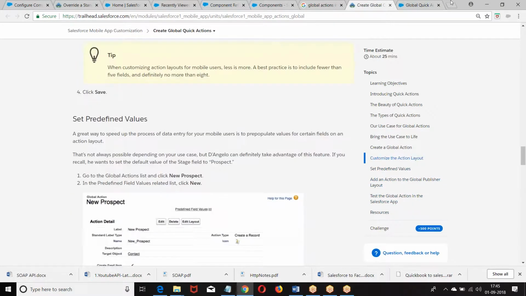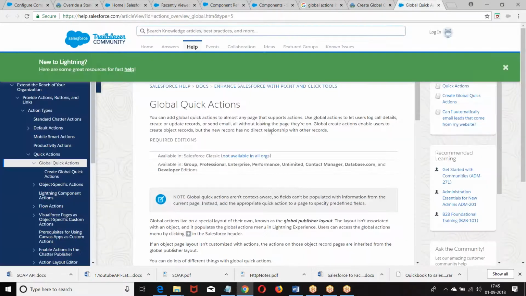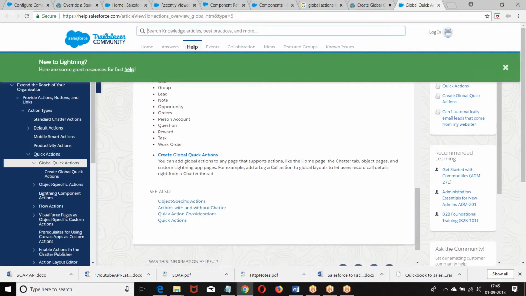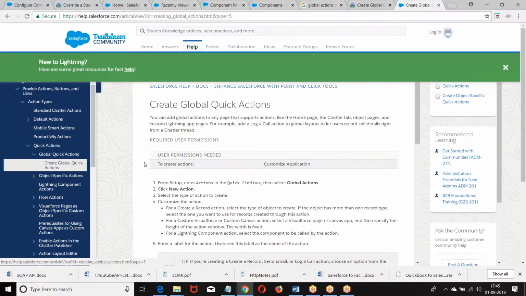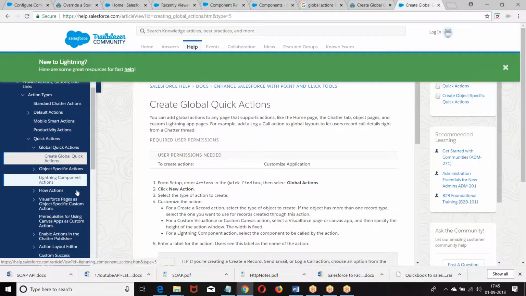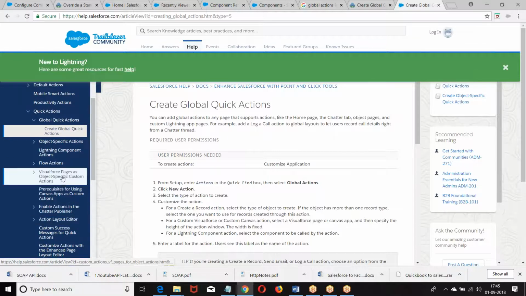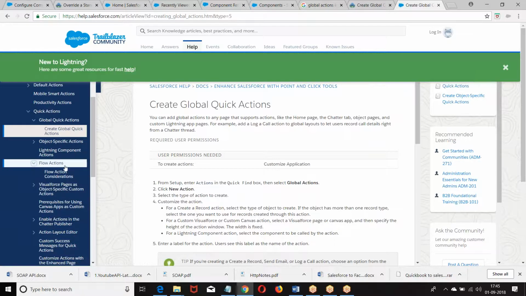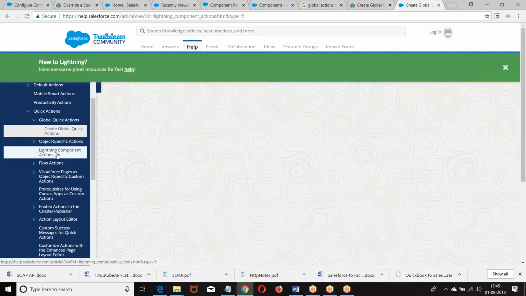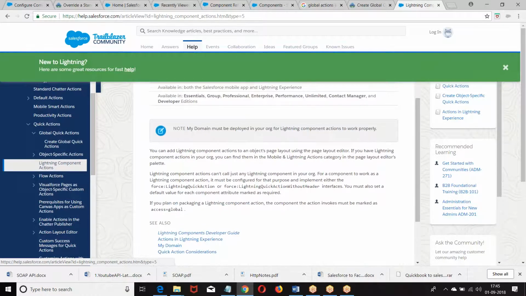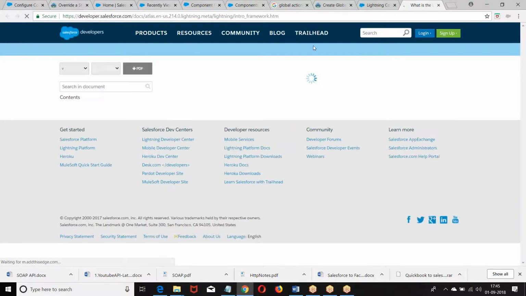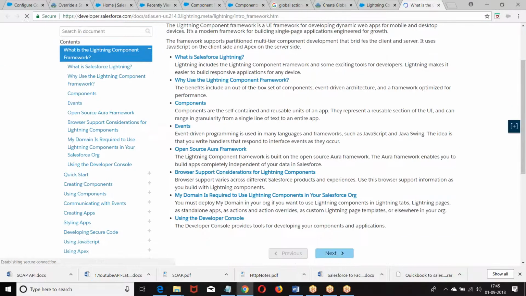Only declarative they have given, no issue. Just thought of showing you some theoretical information, but otherwise, I'll type it.